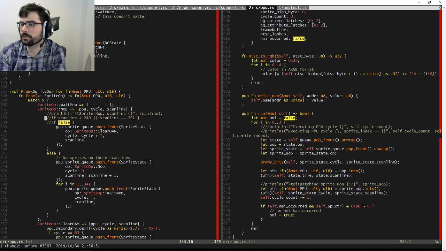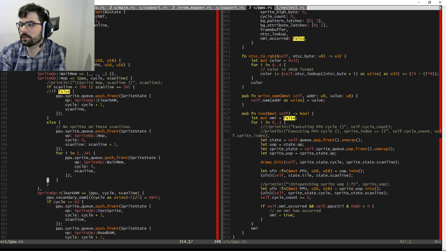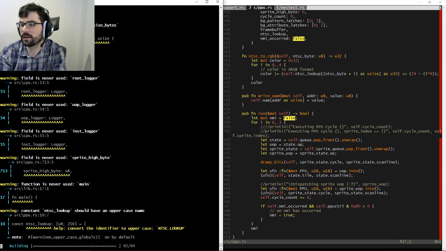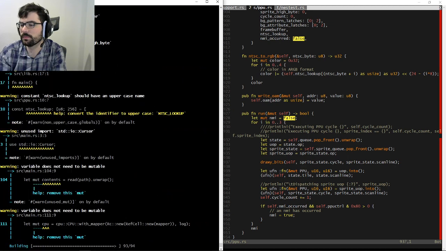Okay, so what is going on here? It should explode eventually, right? I think that's how this works.